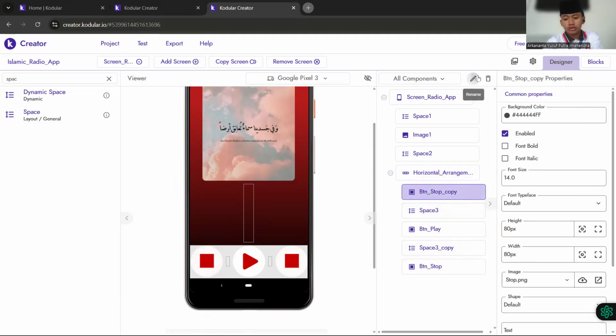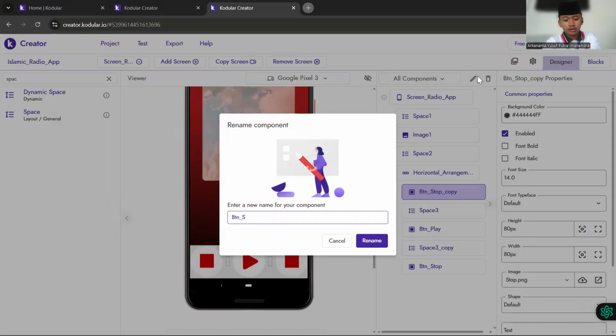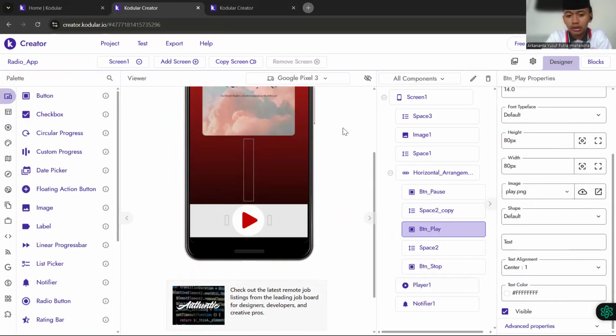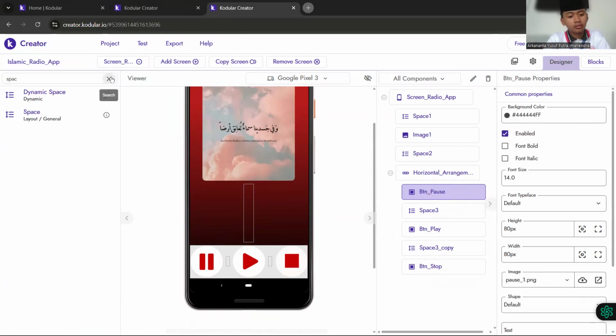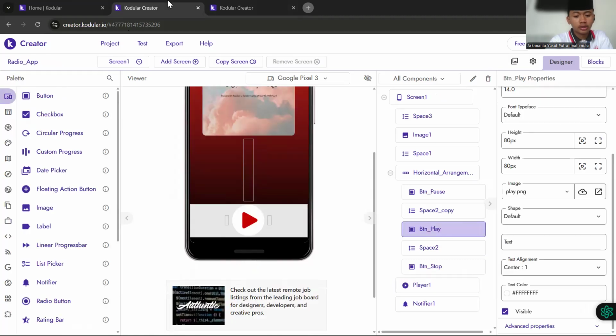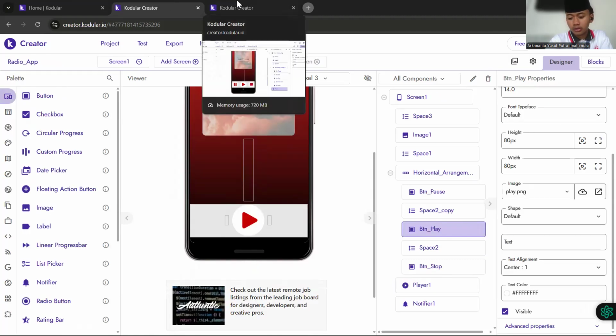Okay, here is btn pause. So we change the image to pause. Okay, like that. So after all of that, we can add the name player, media player, and after that you can add notifier.